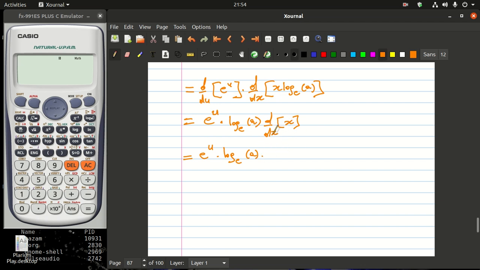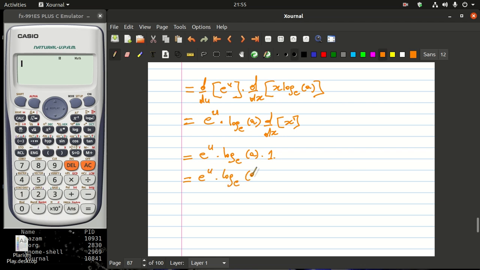What is the derivative with respect to x of x? There is a 1 there. I can just bring in the 1 and then multiply by the independent variable x to the power of 1 which was there, and then I'm subtracting a 1. 1 minus 1, we know that it is a 0, and then x to the power 0, we know that it is just a 1, and 1 times 1 is a 1. So the derivative of x with respect to x is just a 1. And then if I multiply this whole thing, I will end up getting u e to the power u times